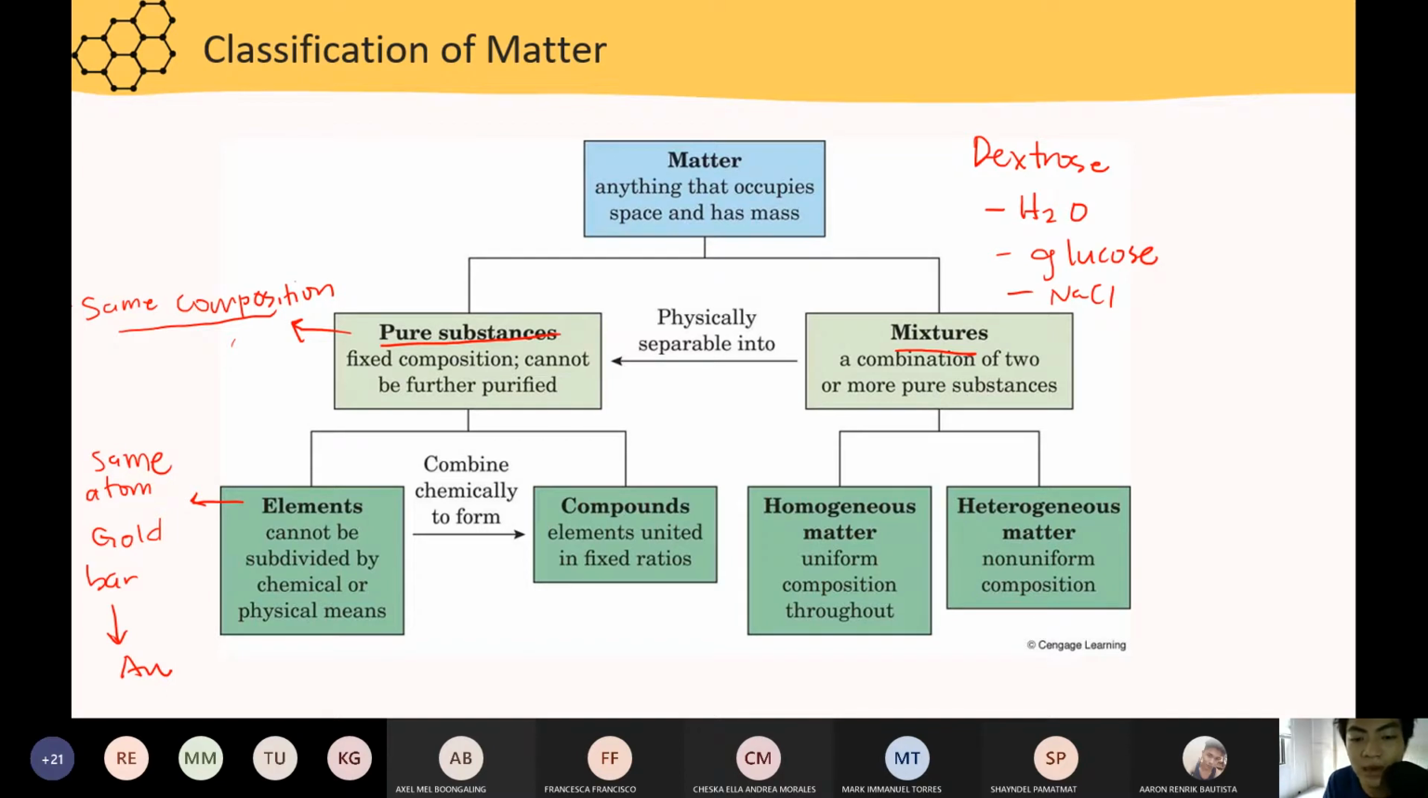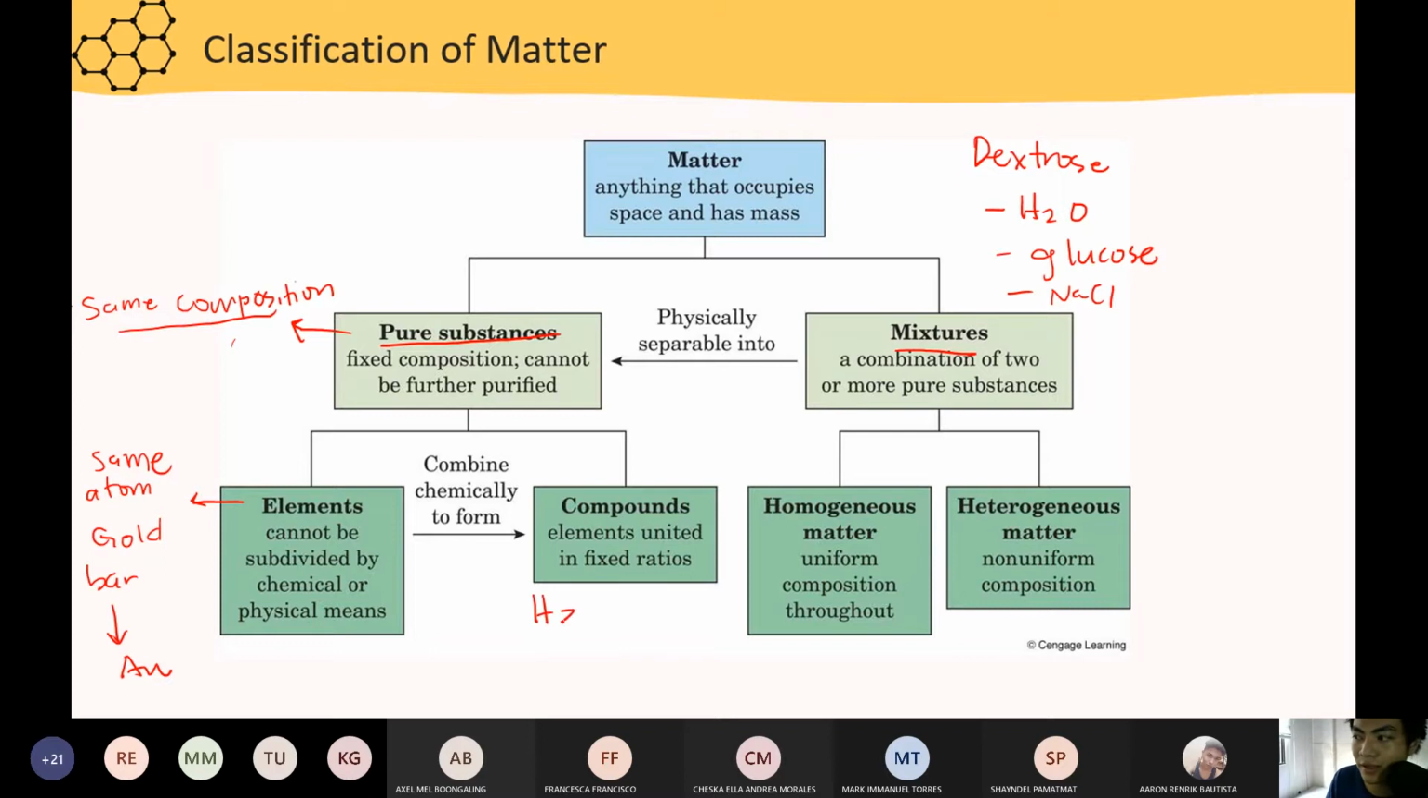Okay? You have the same atom all throughout. Iisa yung atom mo sa isang element. Okay? However, when you combine different atoms, you start to form compounds. Okay? Pag pinagsama-sama mo yung dalawang atom or higit pa, you form compounds. Okay? So, compounds,